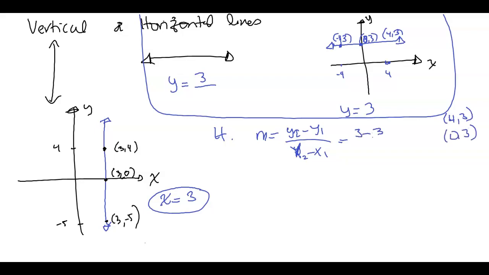So I have 3 minus 3 over 4 minus 0. So 3 minus 3 is 0. It's irrelevant what I get in the denominator because 4 minus 0 is 4, but 0 divided by 4 is always 0. So the slope of a horizontal line